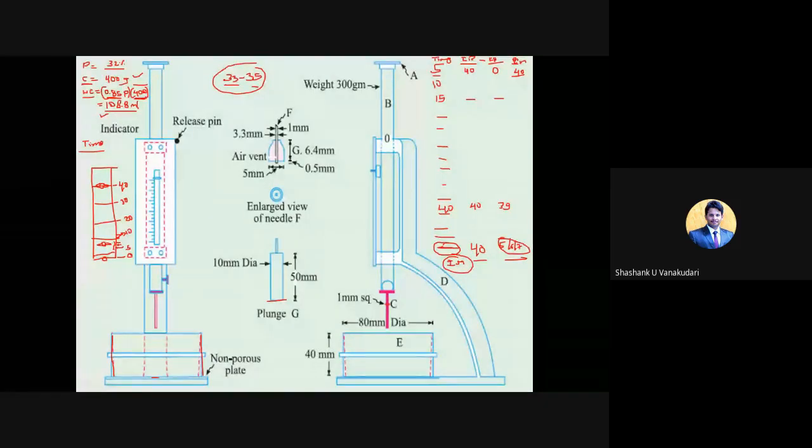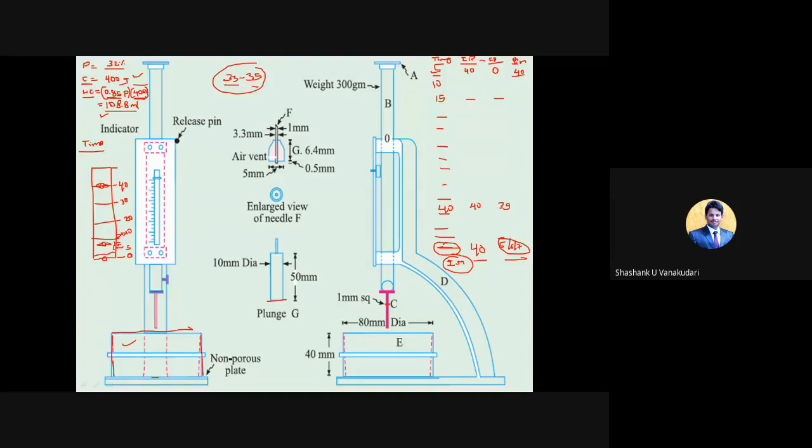Clear? So once you take this cement and water, you will add water to the cement and you have to note down the time. And within 3 to 5 minutes you will mix that and place it in the briquette mold here. Clear? And then you will level this to 40, so that this needle reaches the reading 40. And then for the first 5 minutes, soon after adding the water, you will note down the initial reading and the final reading, initial minus final, and you will note down the penetration value.